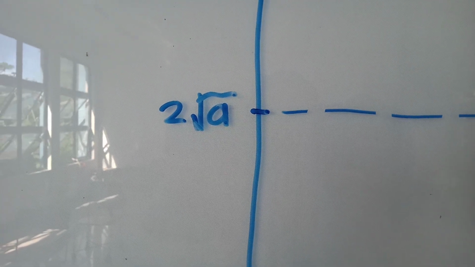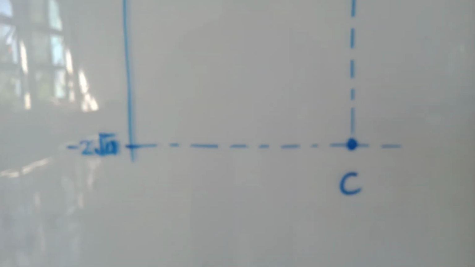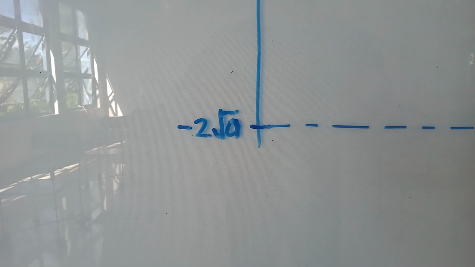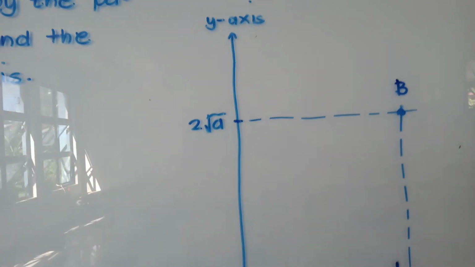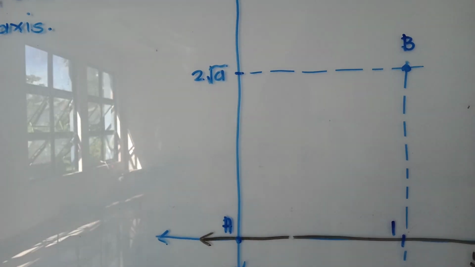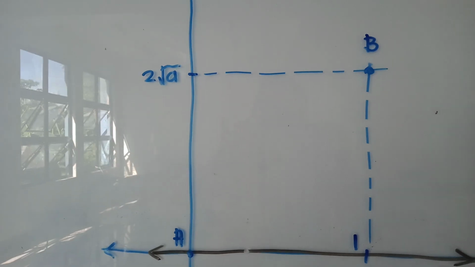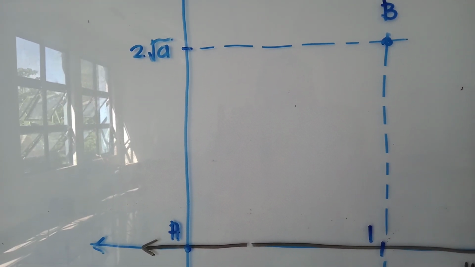The intersection of course y is 2 square root of a, and x is equal to 1, and this is point B. Point C is -2 square root of a, and that is of course at x equal to 1. Now, why that much for 2 times the square root of a? Remember that we don't know the value of a. It is, though, a constant, an arbitrary constant.